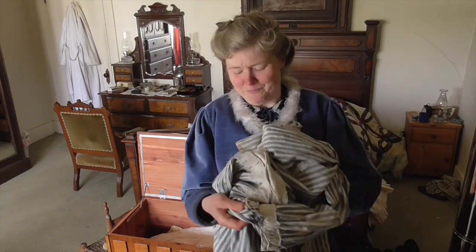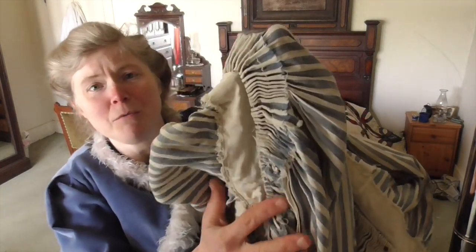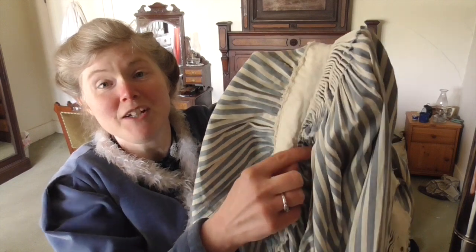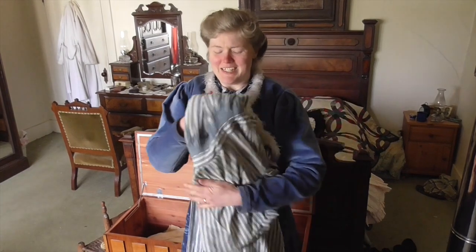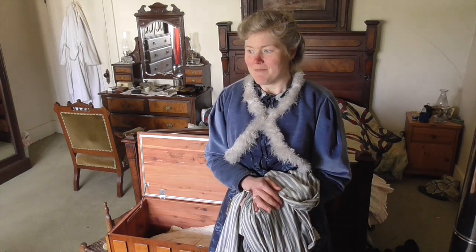Because she worked out that with stripes, all she had to do was run a strong string through every other stripe, and then when she gathered it up, her pleats were already made for her, which is brilliant. It's utterly brilliant. And that sort of thing is exactly why I love studying antique garments, and just why I love studying artifacts in general and the things that people of the 19th century left behind for us to learn from,